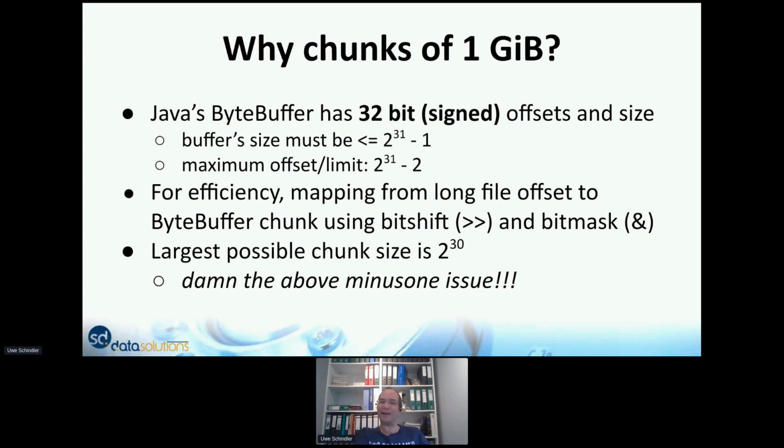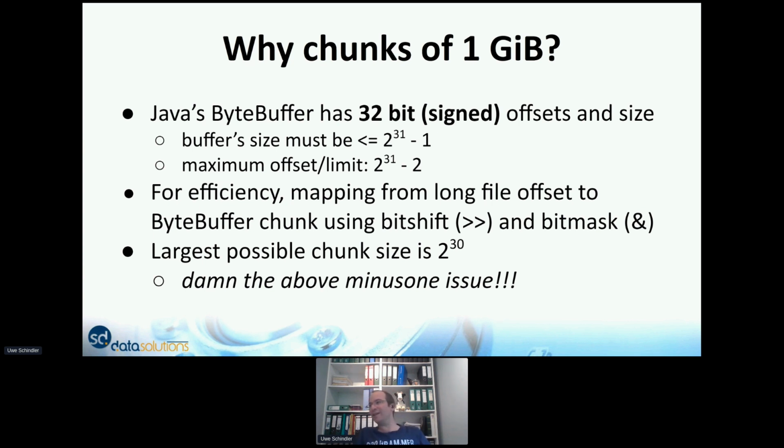That's a little bit of a workaround for a problem that existed in the early days of Java, and now we come to the complicated parts. The problem is Java's byte buffer is 32 bits only. And the problem with the 32 bits is that it's signed. So that means a buffer can only go from address 0 to the address of 2 GB minus 1. The buffer's size must be 1 smaller than 2 GB. So that's the bad thing with signed pointers that are 32 bits.